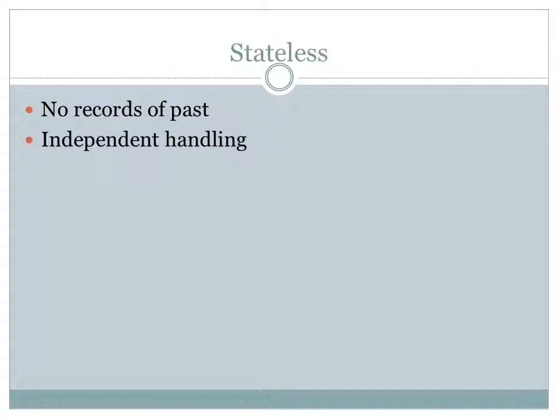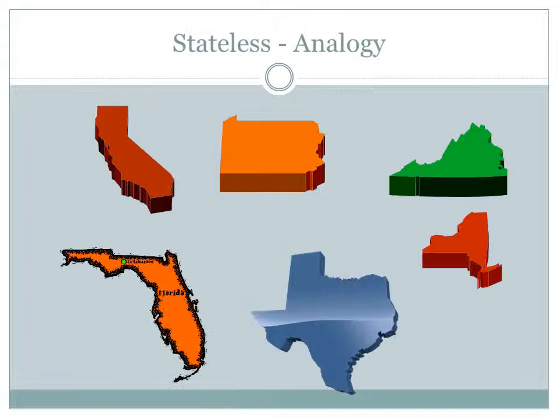The fourth pillar is stateless. Stateless means there's no record of previous interaction. Therefore, each interaction request has to be handled entirely on information that comes with it. In this analogy, the United States is divided into different components, which are different states. The United States is not one big state, but rather is considered stateless because the different parts are separated out and work independently. Each state